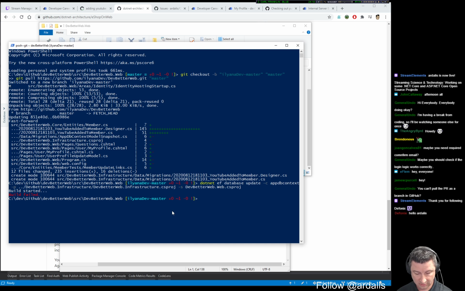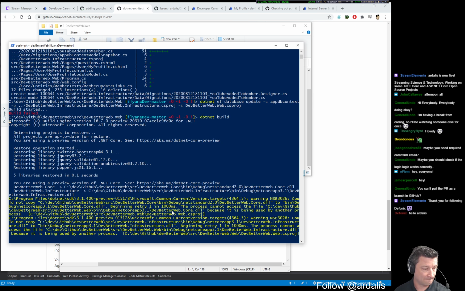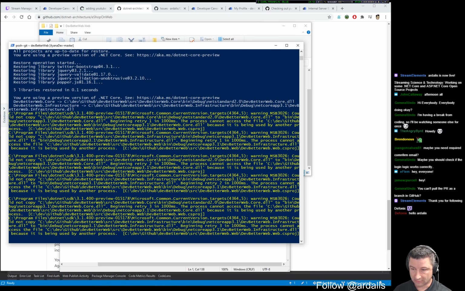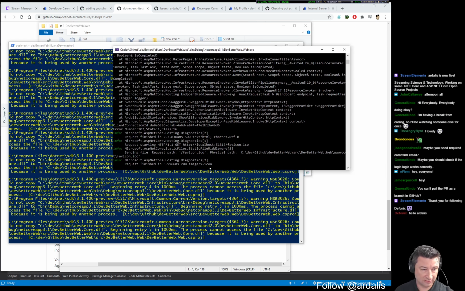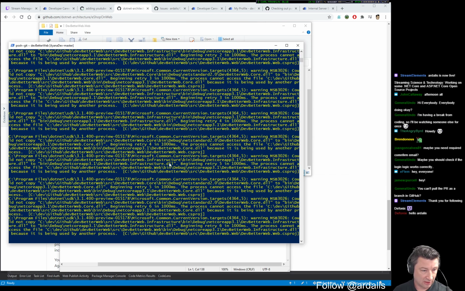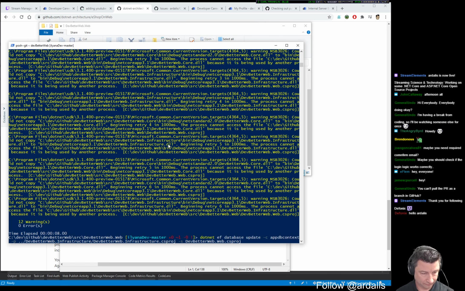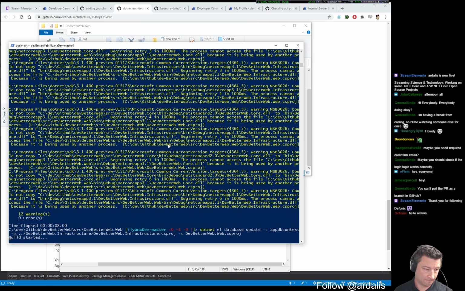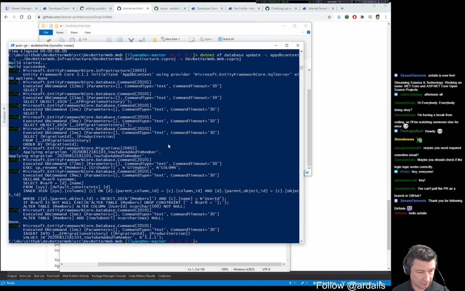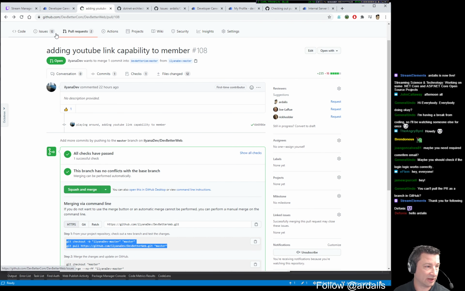Build failed. Okay, thank you. Tell me why. Oh, I know why. Because I'm running the thing. This is still running, so it's blocking. So close that. Now run it again. Build succeeded. Alright, cool. I still have that in my clipboard, so while I still have it,